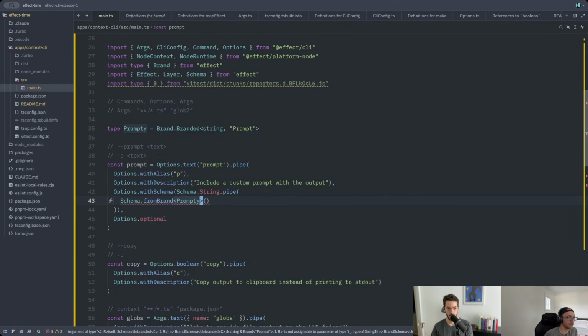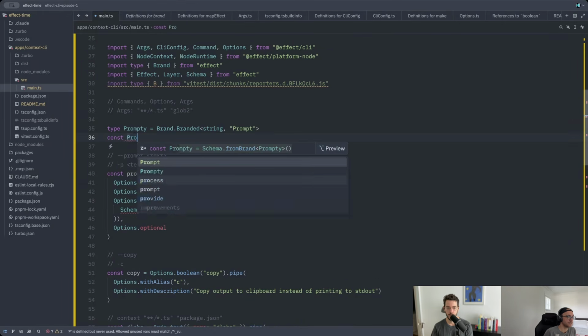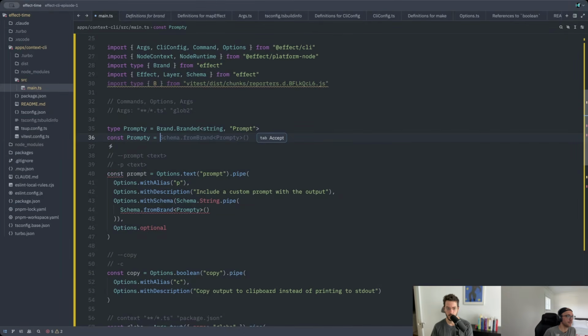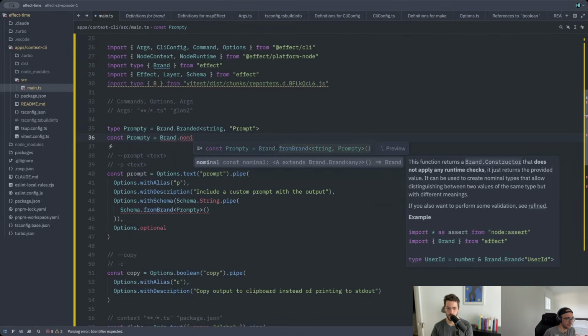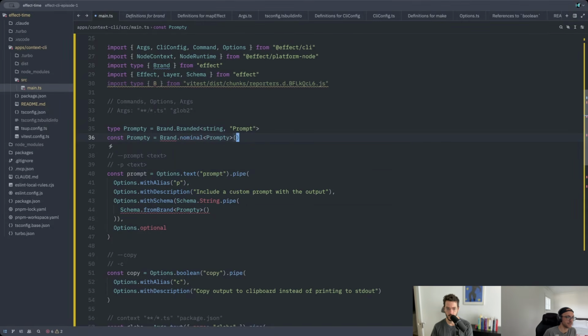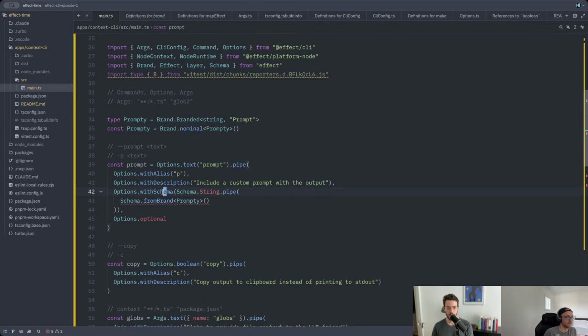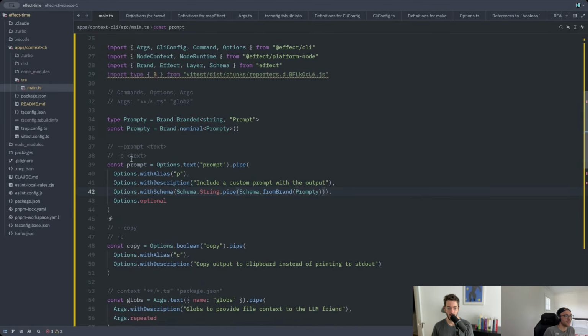And instead of doing it like this, we can actually create the brand constructor. So after the type, underneath that, do a const Prompty equals Brand.nominal, and then pass the type in. Yep, just like that. And then you can actually just do fromBrand Prompty, like pass Prompty in. I imported the type. Silly. Okay. FromBrand Prompty. Aha. Yeah. Now, if you look at the type you get back, you'll see that you get an Option of